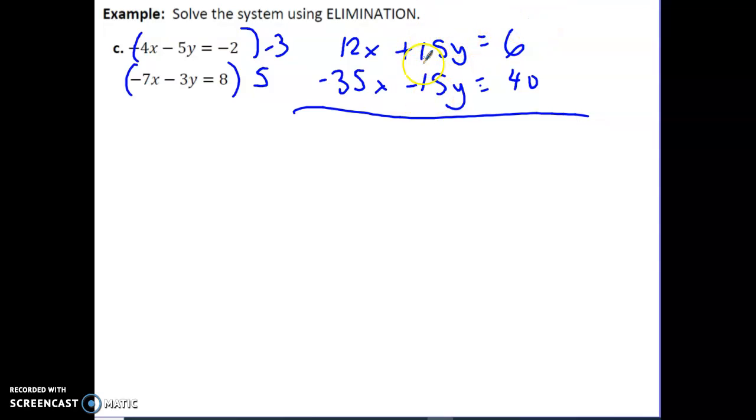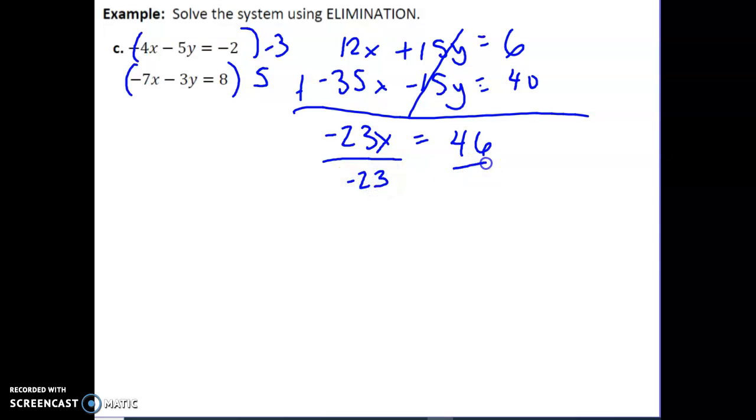Positive 15 and negative 15 are opposites. So when I add straight down, those are going to cancel out. All right, 12 and negative 35, if I put those together, I get negative 23. And 6 and 40 make 46. Dividing by negative 23 on both sides,